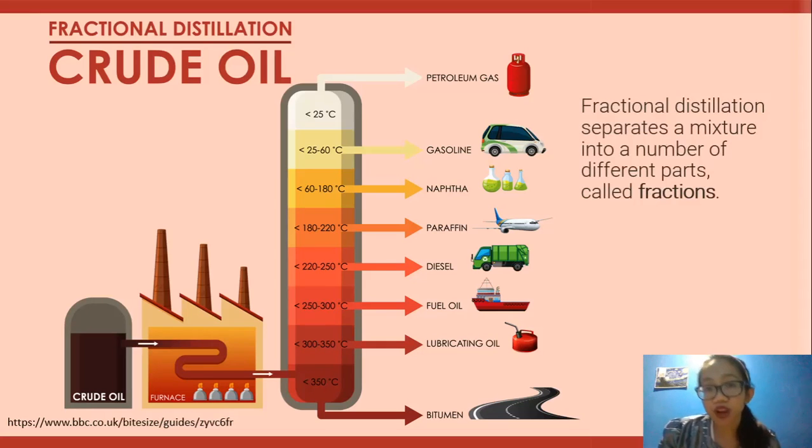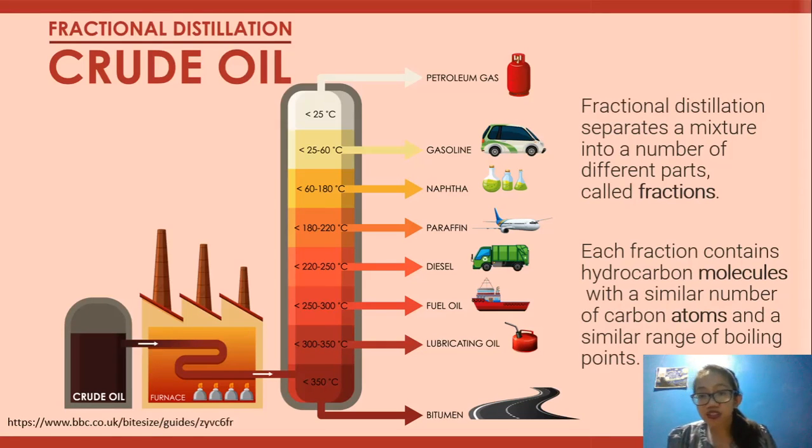Okay, so this is fractional distillation. When we say fractional distillation, we separate the mixture. This original mixture of crude oil, we subject it to heat. Because crude oil is made up of different hydrocarbon chains, it will actually separate because the hydrocarbon chains are of different lengths. When you subject it to heat, the heavier hydrocarbon chains, or the ones with longer chains, will sink to the bottom and create their own fraction, while the lighter ones, or the ones with shorter hydrocarbon chains, will rise or float up.